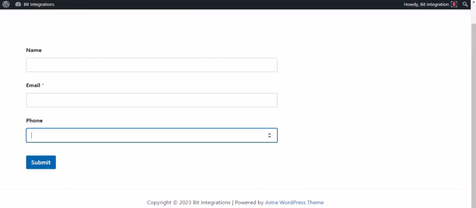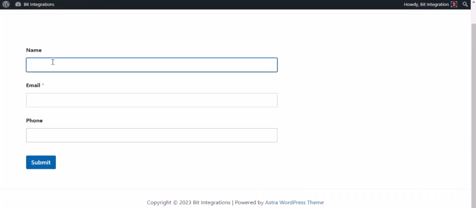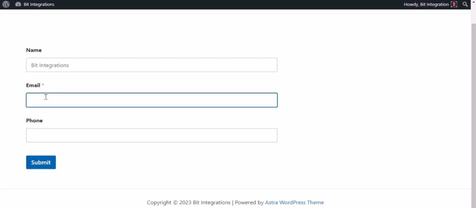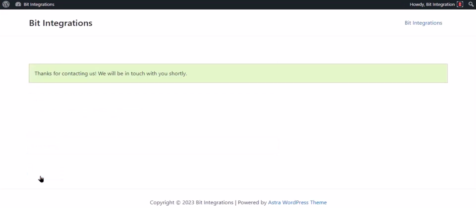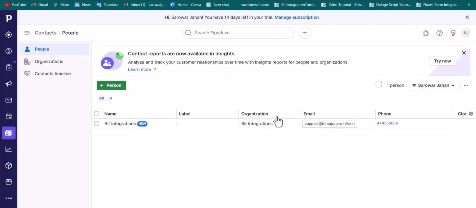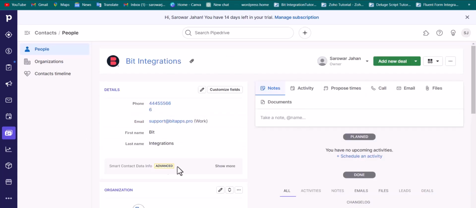Now go to your form and type some information and submit the form. The form is successfully submitted. Go to the Pipedrive site and go to People. And you can see that the data came in successfully in